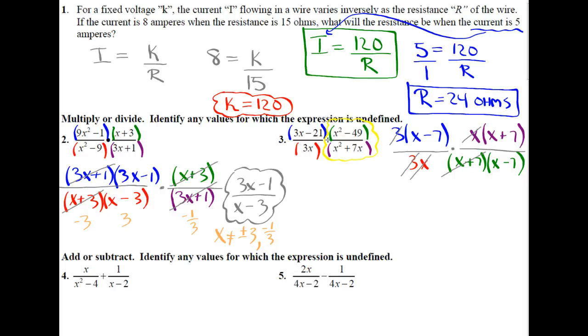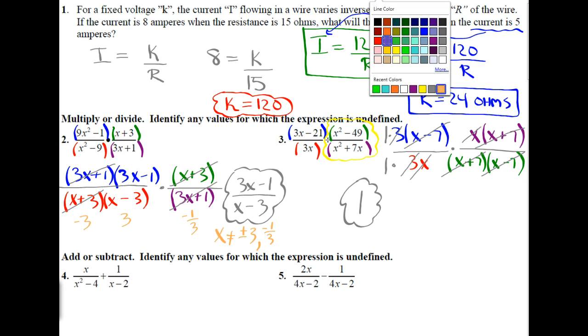Looks like I have an x plus 7 and an x plus 7, and I have an x minus 7 and an x minus 7, and holy cow, everything reduces. So remember, when this happens, what's left if everything's gone is there's a factor of 1 that's always there. There's a factor of 1 that's always there here. So really this is 1 over 1. So all that is just another way of writing 1, so long as we don't have any zeros in our